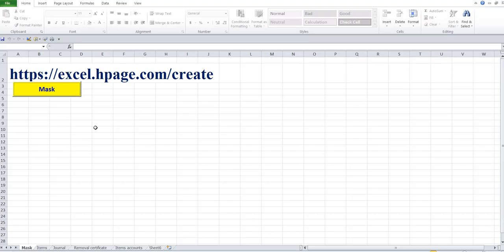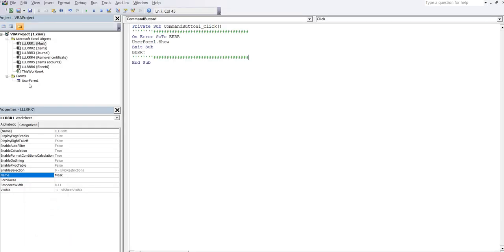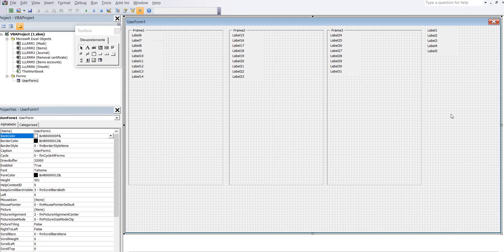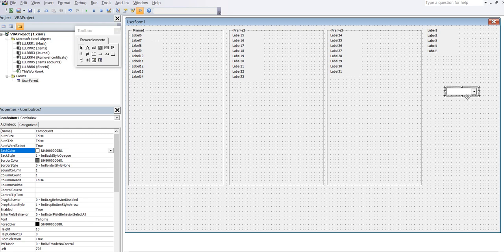Create your own warehouse management program for 756 items. Create combo boxes. Right-click the Sheet tab of the first worksheet and select View Code. In the VBA editor, click User Form 1 and then the Toolbox icon. In the Toolbox, click the Combo Box control and then click in an empty area of User Form 1.